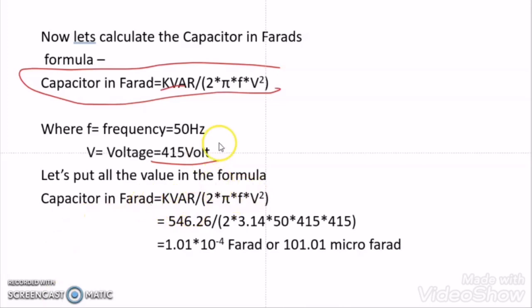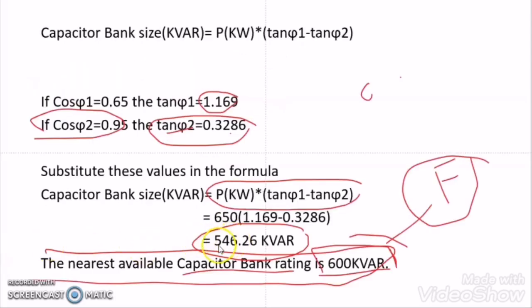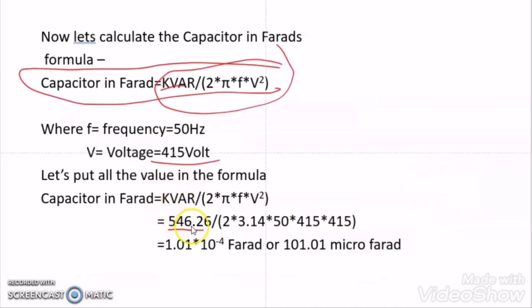So let's put all these values in this formula. The kVAR, which we calculated earlier, is 546.26, so we substitute this value here. 2 into 3.14, which is the pi value, f is 50 Hz, and voltage is 415 volt. This is voltage square, so we multiply it 2 times. When we calculate this, we will get the farad value, that is